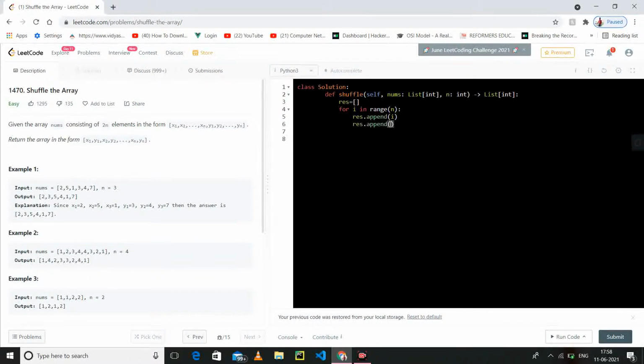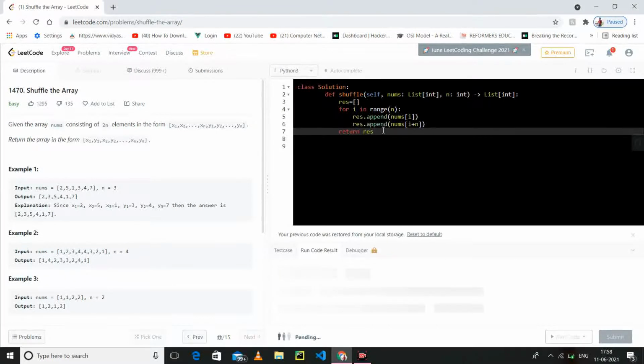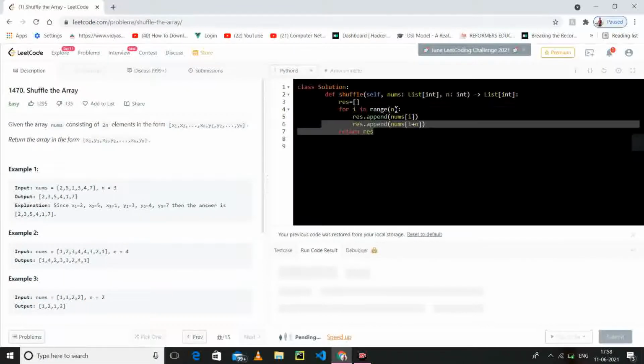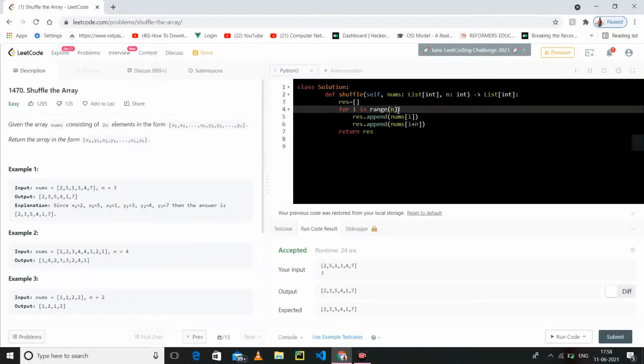So what we will add is nums of i plus n. Just return it. And maybe you are thinking why this loop is running till n.